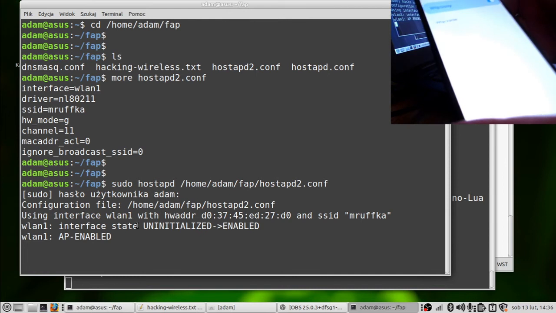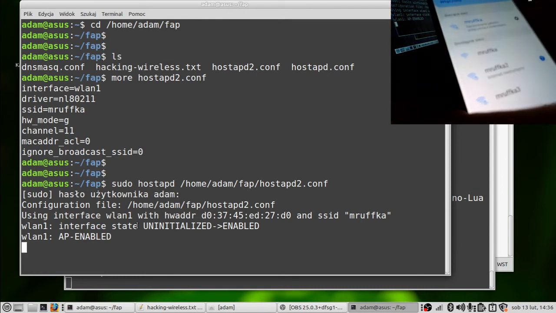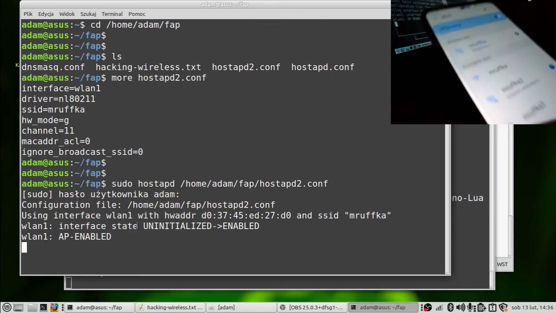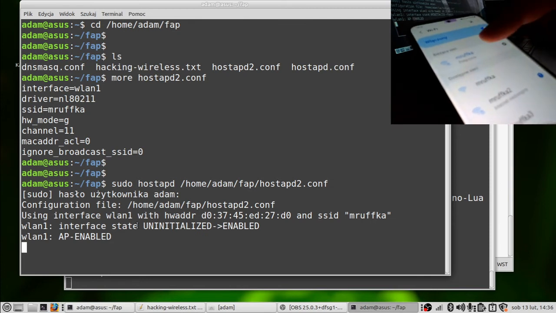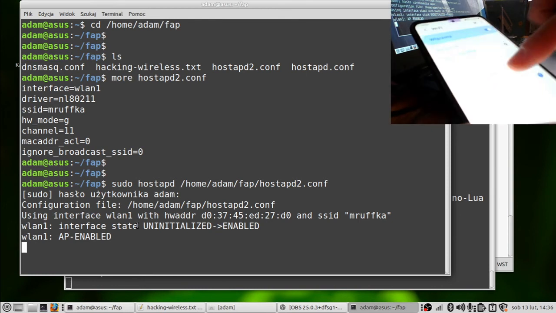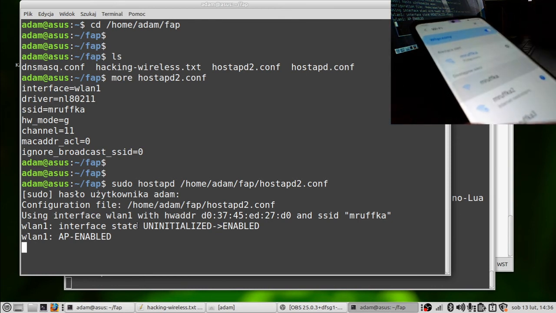So I will now switch the Wi-Fi and I will select the malicious access point. So you can see two of the access points. The first one on the upper side is the one that I have in my house, and I will now connect to the access point with the very same name, but at higher power, the second one.